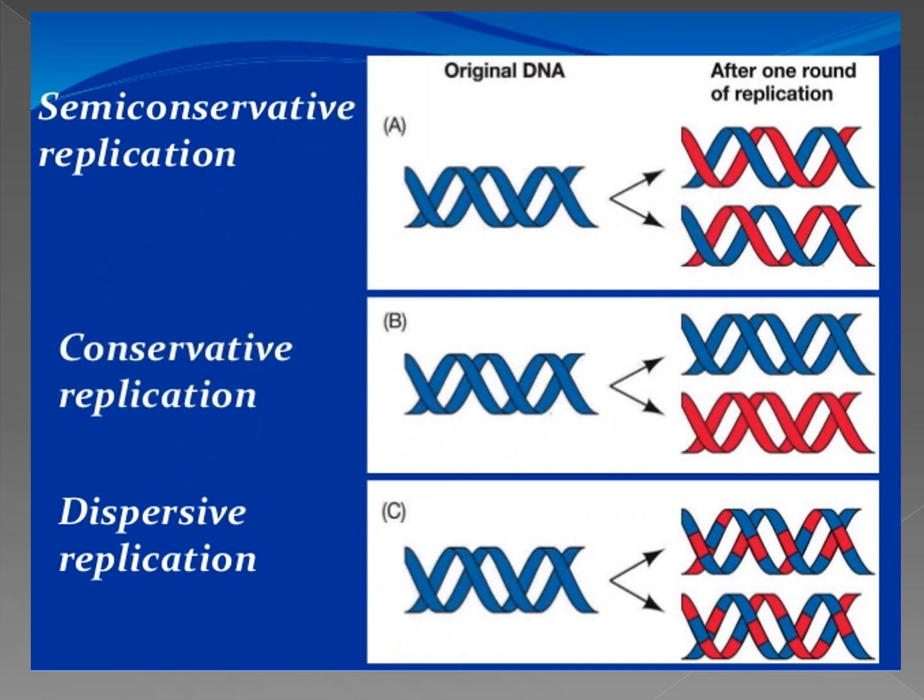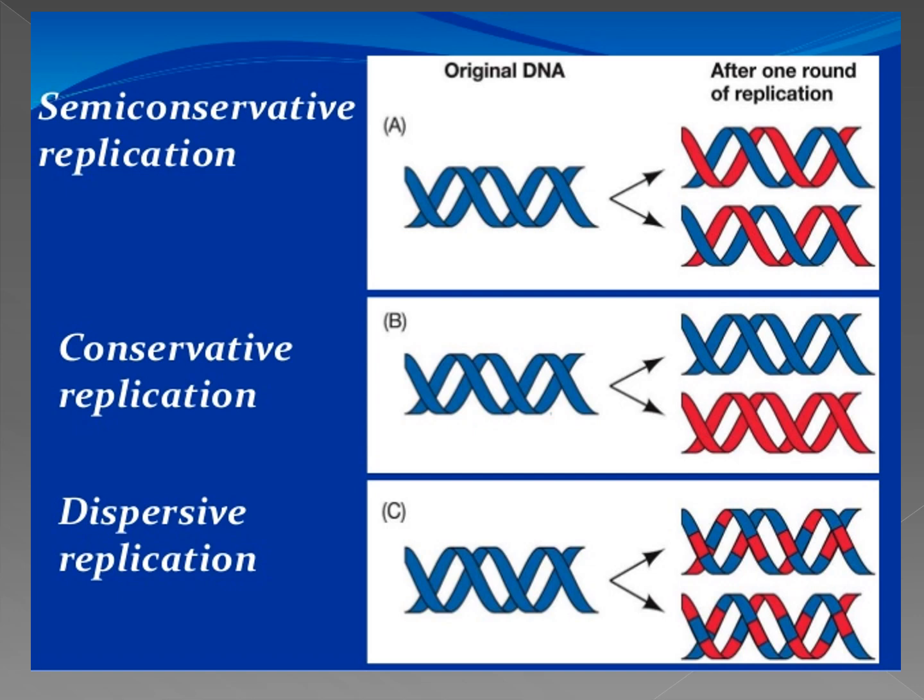In semi-conservative replication, the two strands of the parent DNA work as templates, and after replication, one parental strand combines with one newly formed strand and a daughter DNA molecule is produced. In conservative replication, after producing the two new daughter DNA strands, the two parental strands combine back to form the old DNA molecule, and the two new strands combine together to form a completely new daughter DNA molecule.